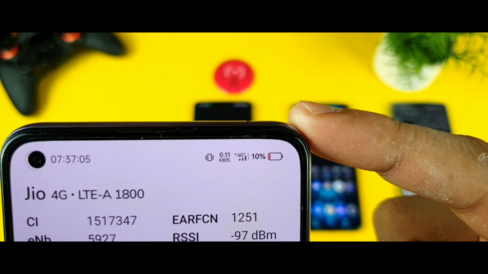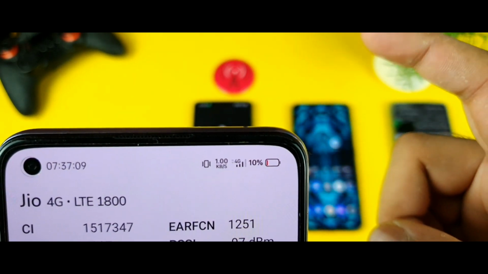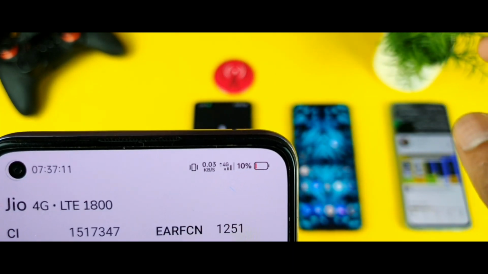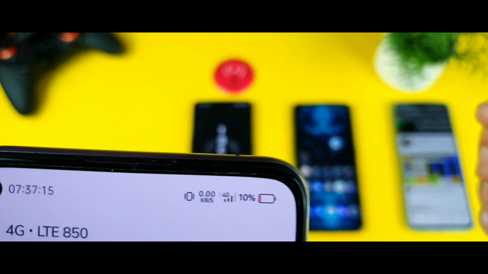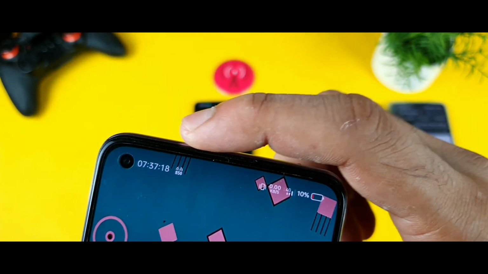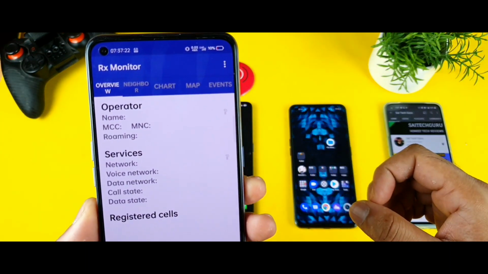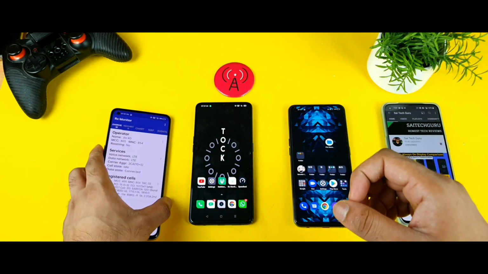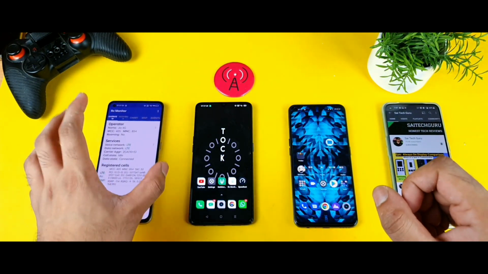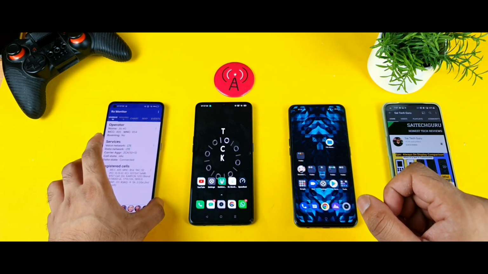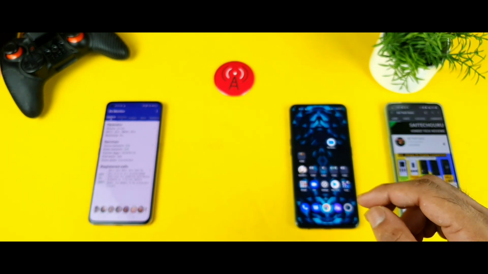So right now, as you can see, friends, this is a Realme X1 Pro device, in which I'm getting 4G plus aggregation sometimes as well. Sometimes I can definitely see 4CC as well. I did see the 4CC, but I'll try to show you what is going on by looking at the notification panel. As you can see here, we can see the bands each and every time. I'll try to keep you posted, friends. Let me open the RX Monitor application. These are the results. You can see 2CA. So overall, the Realme X1 Pro is getting the Jio 4G plus signals inside my studio room. Next, let's move to the next phone, which is the Realme X2 Pro device.